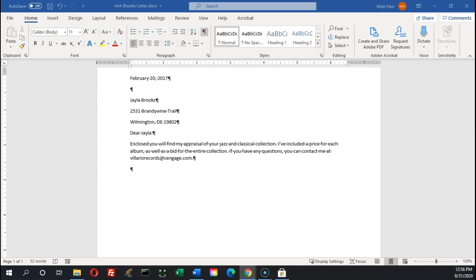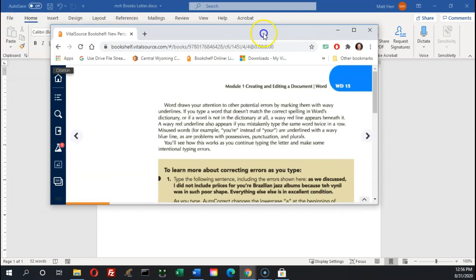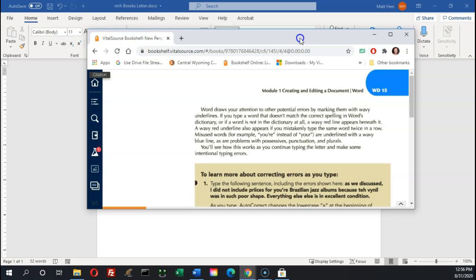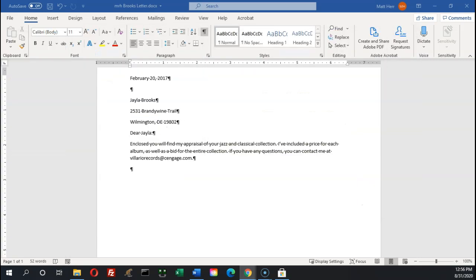I'm skipping down to step 1 on page 15, and it's going to look a little bit like this. Okay, so you can see that bold text coming up. That's something that we need to do. So type the following sentence, including the errors shown here. So we're going to go to our document, make sure we're on the very last line, lowercase as we discussed,